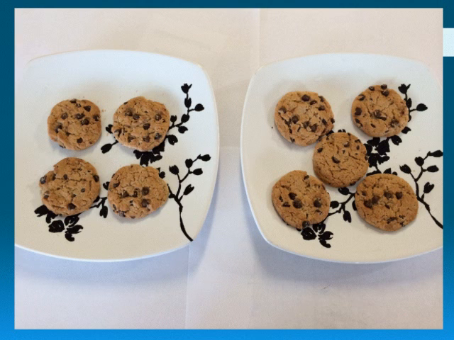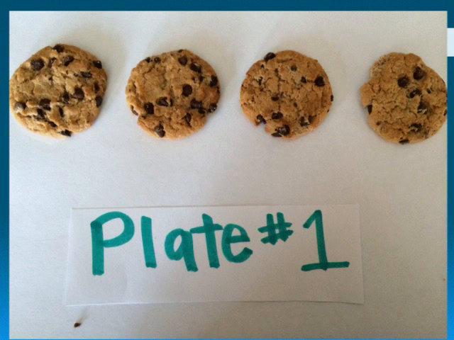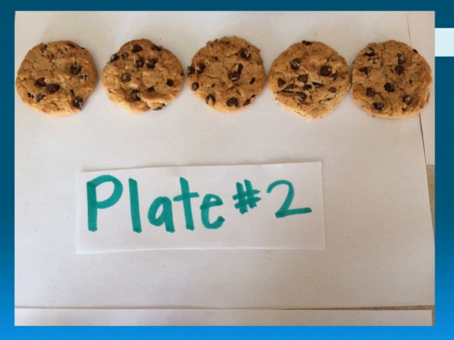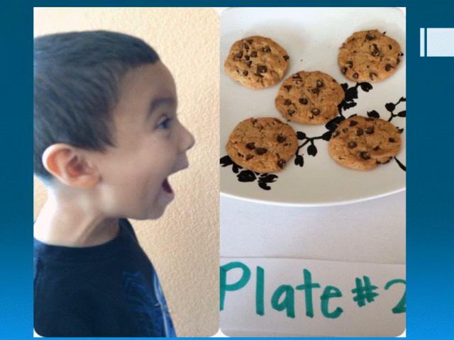Plate number 1 had 1, 2, 3, 4 cookies. And plate number 2 had 1, 2, 3, 4, 5 cookies. Since 5 is 1 more than 4, Ruben knew that the plate he wanted to pick was plate number 2. So Ruben opened up his mouth wide, facing the plate with the most cookies, which was plate number 2, with